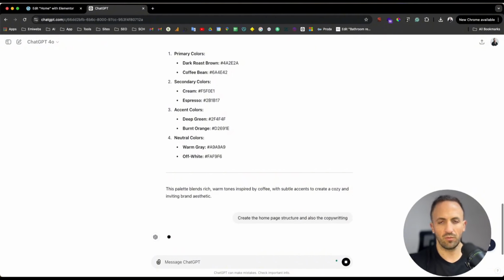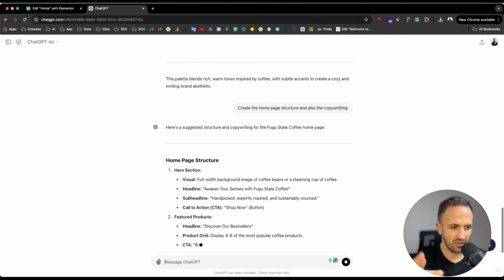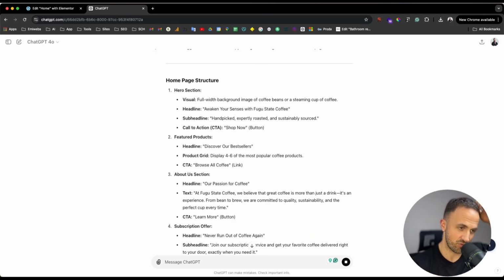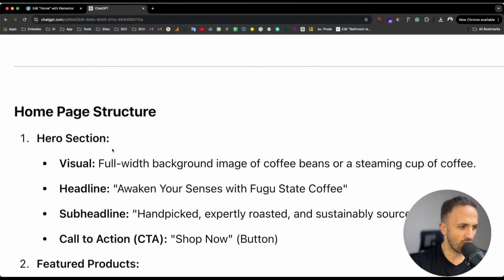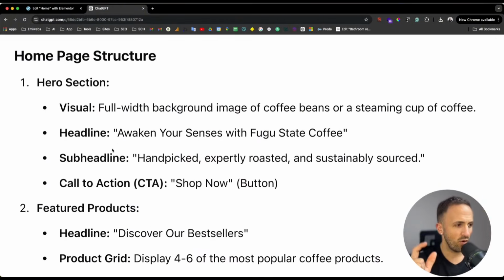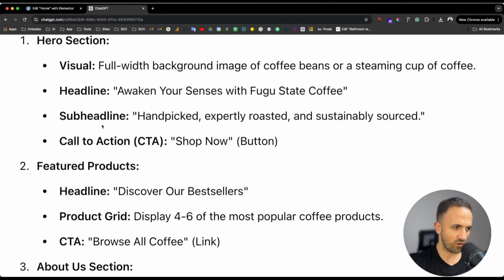Copywriting. So we're going to use ChatGPT to start creating, as you can see, the home page structure. And as you can see right now, it goes, okay, so the home page will have a hero section where we're going to have a full width background image of coffee beans or a steaming cup of coffee, with the heading "Awaken your senses with Fuji State". Here it is missing the E, but Fuji State coffee, okay. So I'm going to follow that, but as you can see, how easy it is right now to create a homepage or a website,